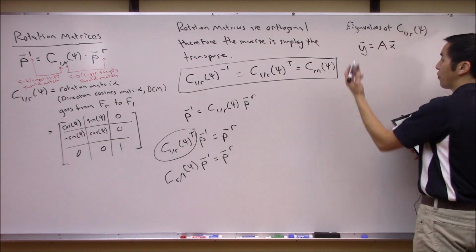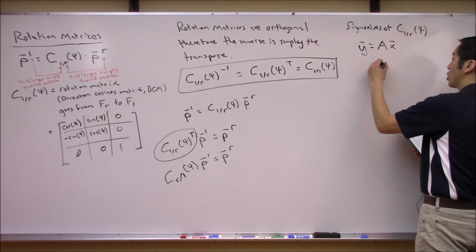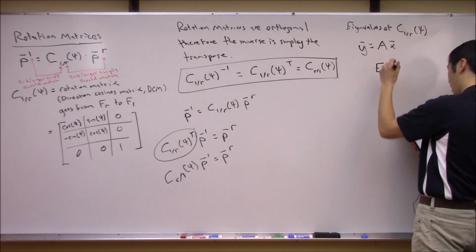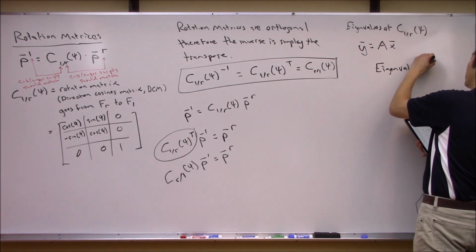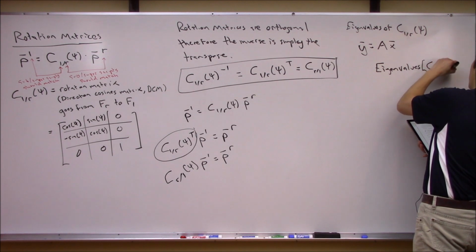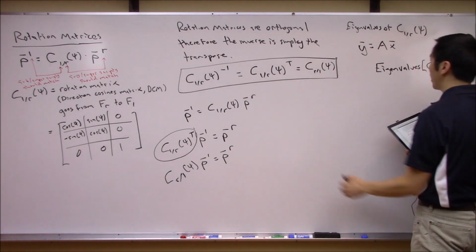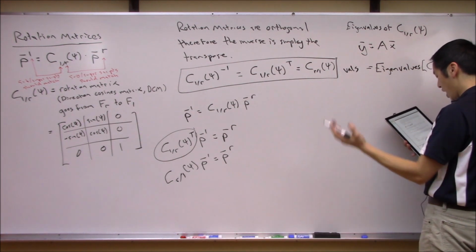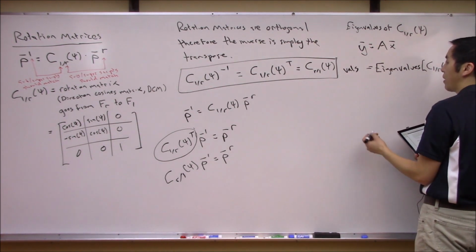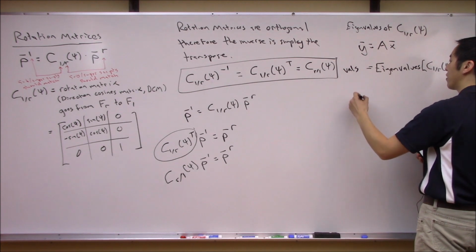So if you want to go over to Mathematica here and actually do this, say Eigenvalues and pass it C1R of psi, just that 3x3 matrix here, and see what this spits out. Let's call this, I don't know, vowels. If you do this, Mathematica is going to say, okay, the eigenvalues of this thing are,